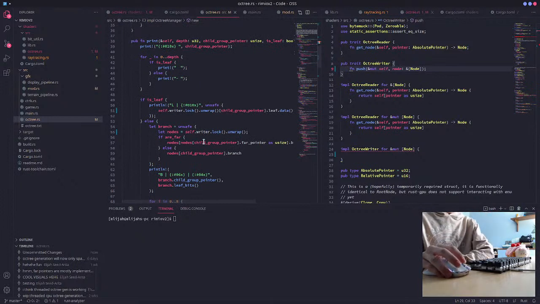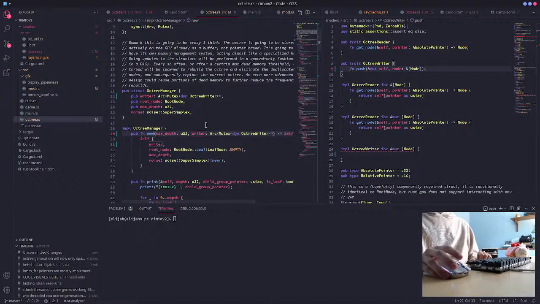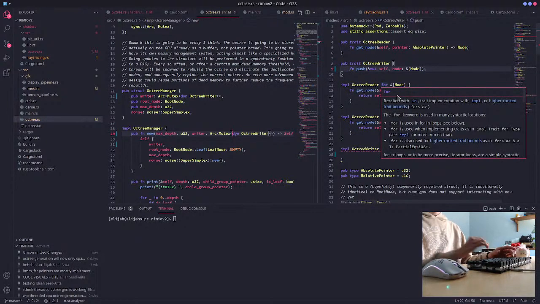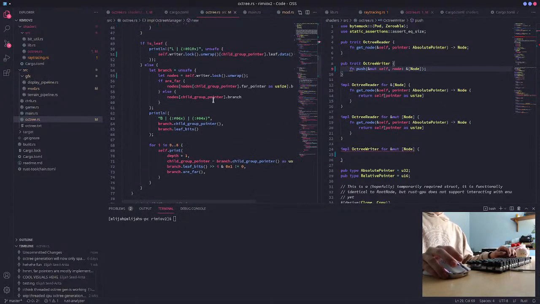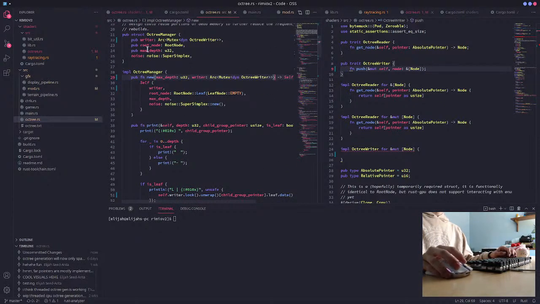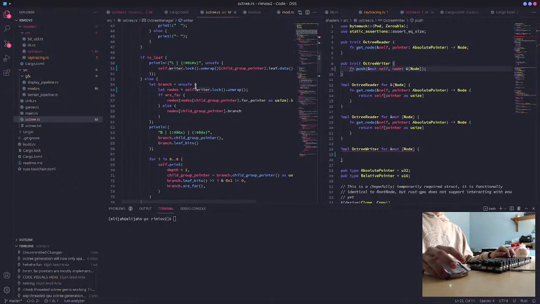We were taking before a... actually we could make octree writer just have to be thread safe. Actually, no, that's too complicated. Let's not do that right now. Anyway, we have to replace all the usages of it, it's called writer now. Writer here and